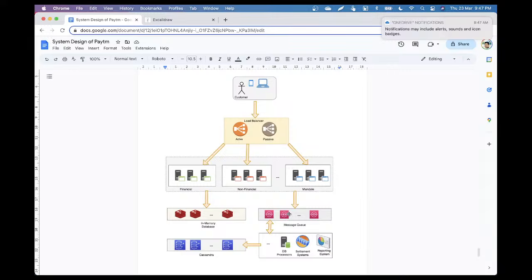But yes, in system design, we don't have to go too much into detail about the domain-specific stuff. Because yes, I have worked on all the PCI DSS standards as well. So there is the Payment Card Industry Data Security Standard. There are a lot of standards which they have to follow, which deal mostly with the security stuff,